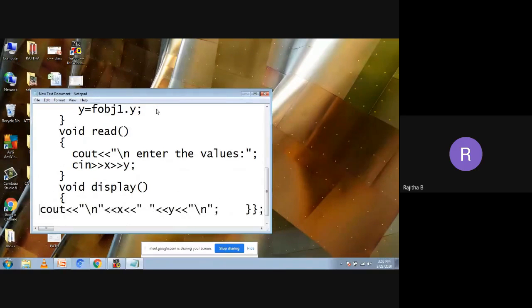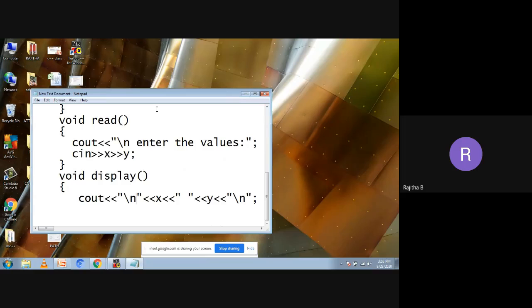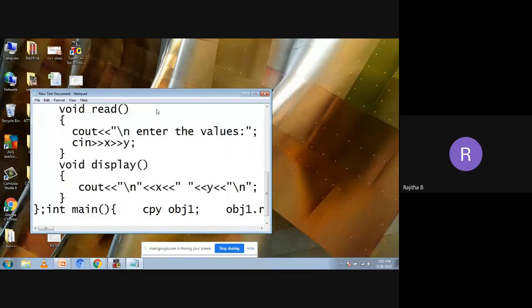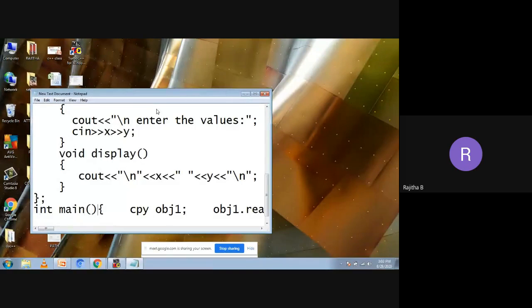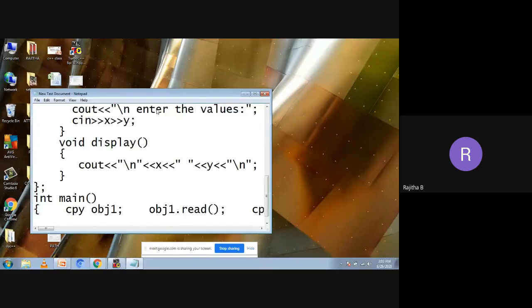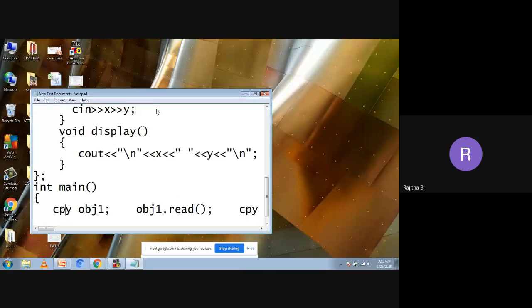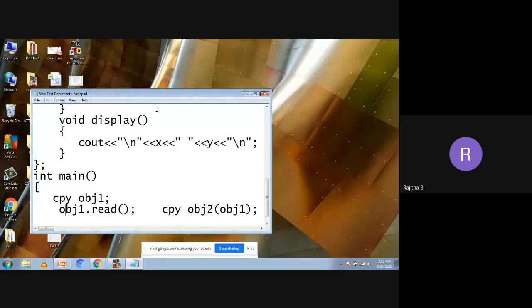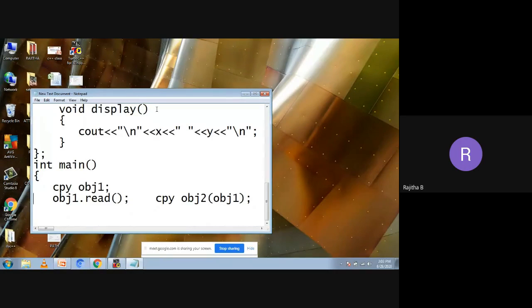This is the display function. And now you can see while I'm writing the program, I'm using tabs here. So please, you need to write the program in this manner only. Don't write all the statements in one column, at one place. You need to differentiate between each and every block, loop, or statement.